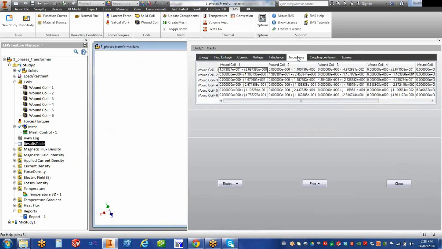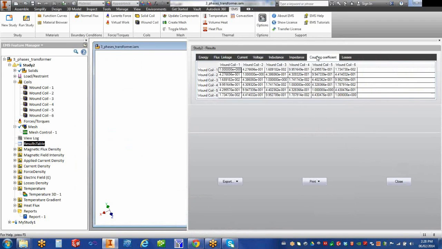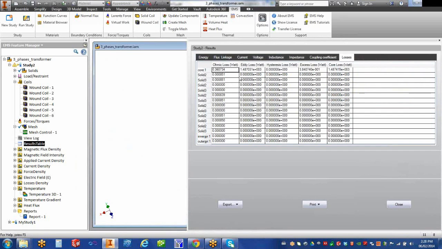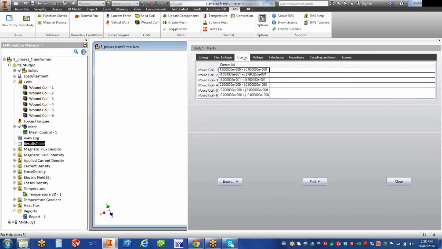Then you can have the impedance matrix, coupling coefficients between various windings, and losses. Remember that I had a loss just in the core, right? So the other stuff is in the core. You have the ohmic loss, eddy losses, hysteresis losses happen to be 0, excess loss, and this is the total core loss. All right. Now this is a current that I apply,